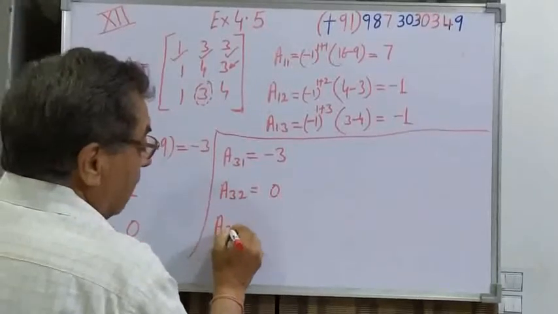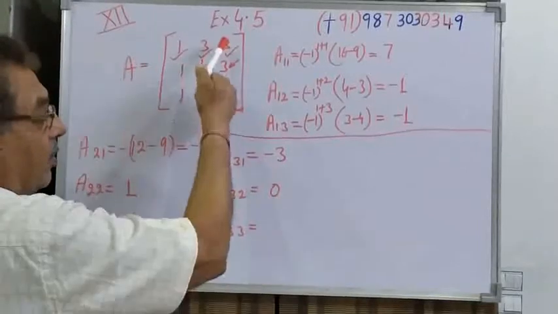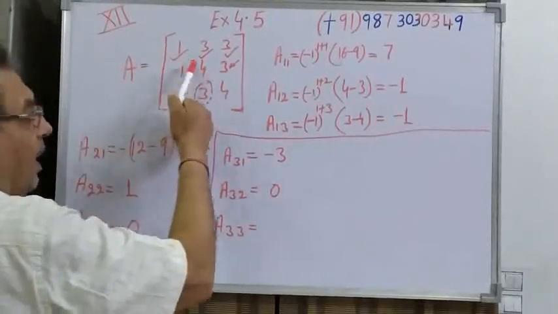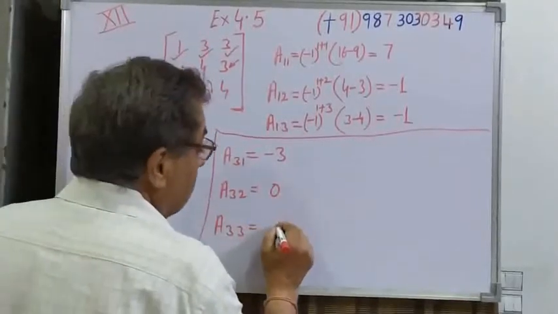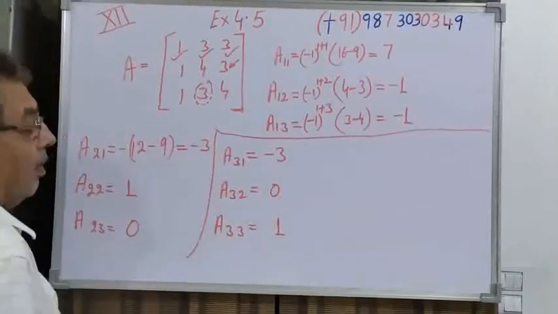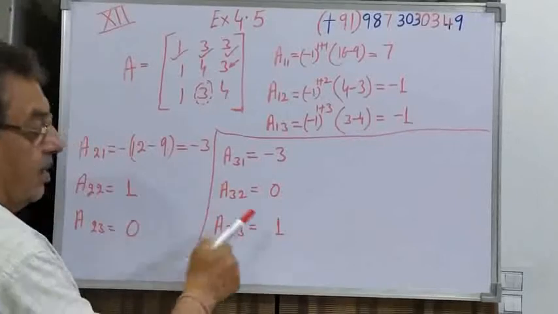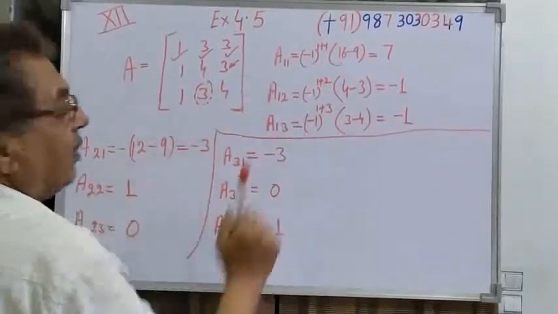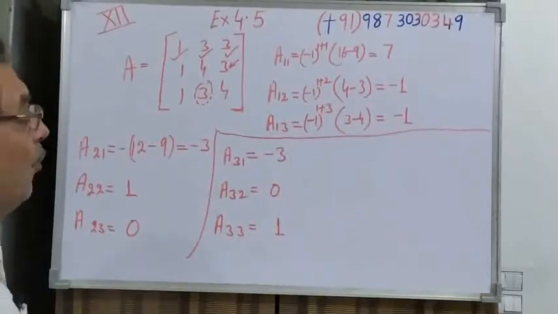Now the cofactor of the element that lies in the third row, third column, hiding this. 1 4s are 4 minus 3. 4 minus 3 is equal to 1. 3 plus 3, that is even. So the sign will be positive, 1. So these are the 9 cofactors I have obtained. I have written here 9 cofactors.